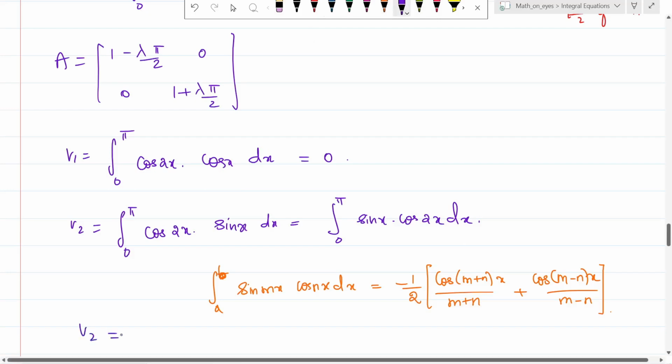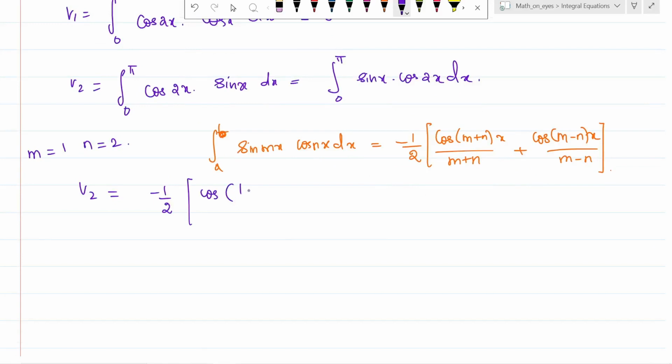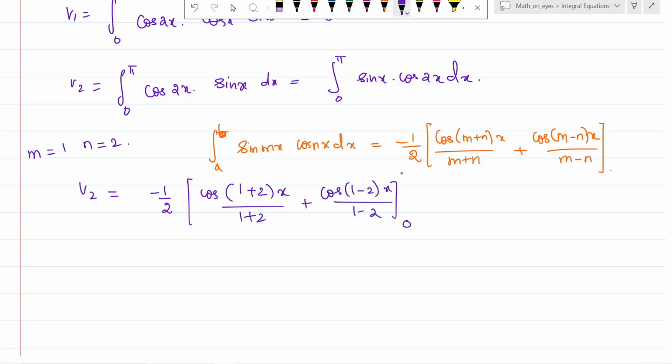V2 is equal to, here m is equal to 1 and n is equal to 2. So minus 1 by 2 cos of (1 plus 2) x divided by 1 plus 2, plus cos of (1 minus 2) x divided by 1 minus 2. Your lower limit is 0, upper limit is pi, which is equal to minus 1 by 2 cos 3x